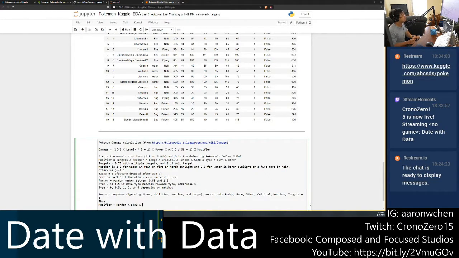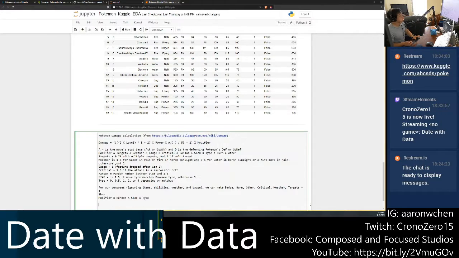Stab type, and then that's it. So how can we figure these things out? So we need to figure, also,